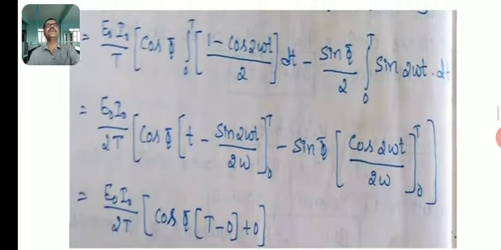Which is equal to E naught I naught by T cos phi integration of 1 minus cos 2 omega t by 2 dt minus sin phi by 2 integration of sin 2 omega t into dt. Which is equal to E naught I naught by 2T cos phi, where integration of 1 is t, minus integration of cos 2 omega t is given by sin 2 omega t by 2 omega with the limit 0 to T, minus sin phi integration of cos 2 omega t by 2 omega with the limit 0 to T,